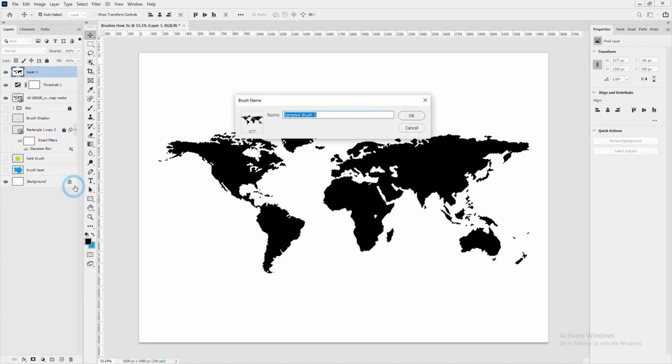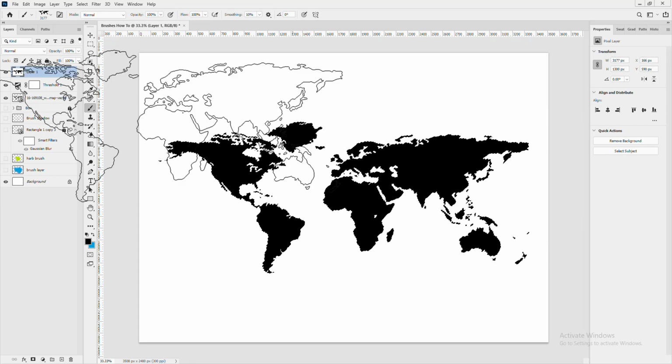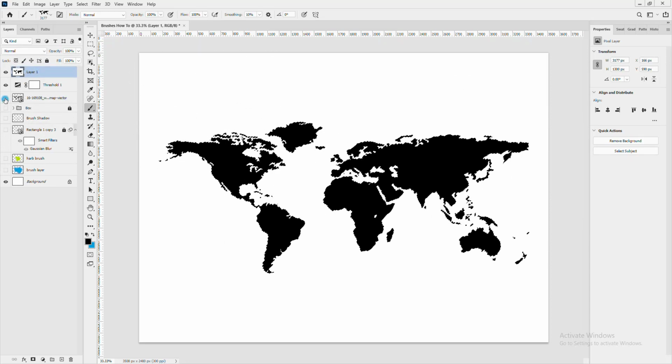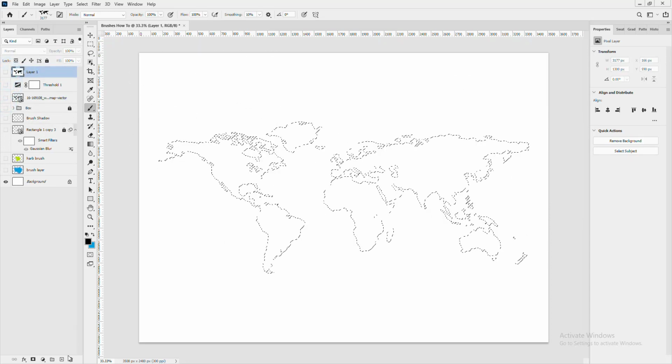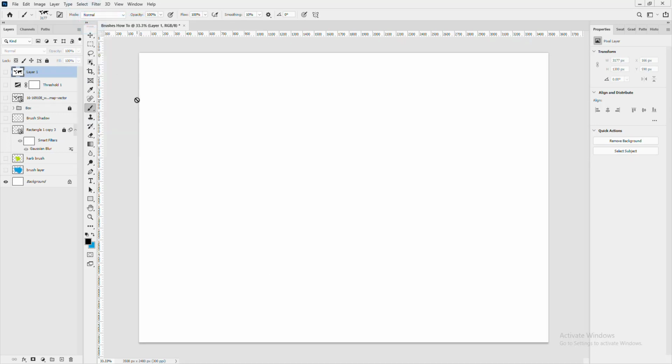define brush preset, and we're just going to call this world map. I'm going to create another world map layer, so let's call it world map 1. Awesome. Already your brush is ready to be used. Look at that. So if we add all of what we have now and create a new layer, let's just remove this selection by coming to select, deselect, or simply press Ctrl D or Command D if you're on the Mac. Now let's create this new layer and say